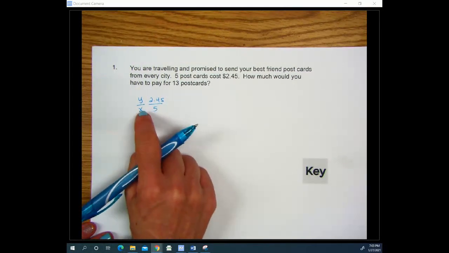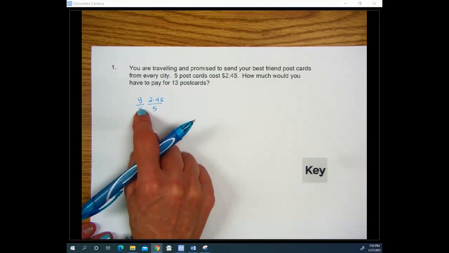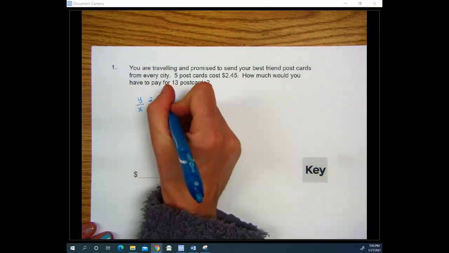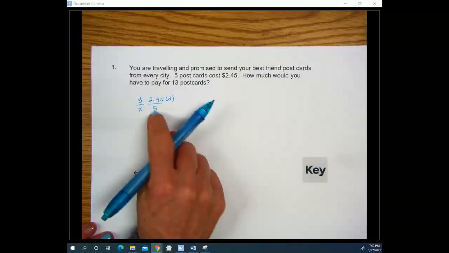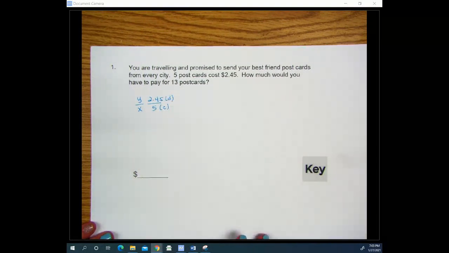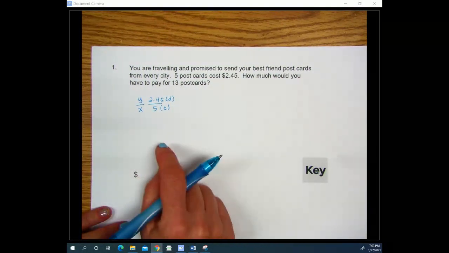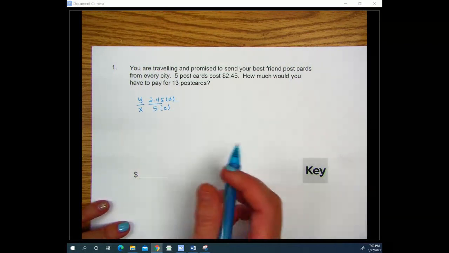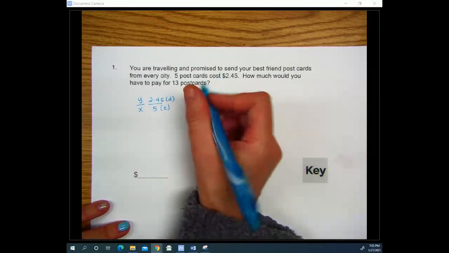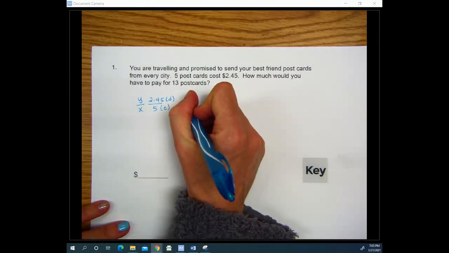Now, I'm going to make this more meaningful. You don't have to, but I am. And I know that the $2.45, I'm going to call that D for dollars. And I'm going to say the 5 are C for postcards. And you don't have to do that if this doesn't make sense, but I'm going to use those because it's more meaningful. And now I'm going to just divide $2.45 by 5, and I get R equals